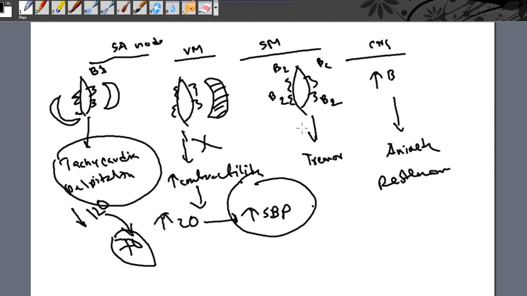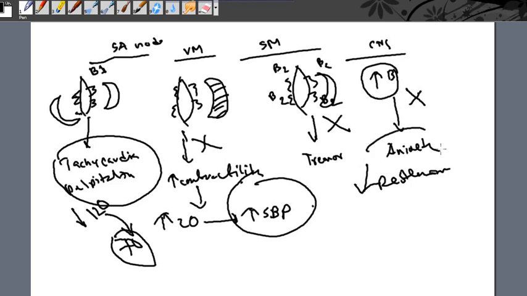So this change will be prevented, right? And if you give beta blocker, they block beta 2 receptor in the skeletal muscle spindle, and that will lead to prevention of tremor. And when beta blocker blocks beta receptor in the central nervous system, this will prevent anxiety and restlessness. So it is also explained in anxious patient there is a lot of adrenergic activity in the central nervous